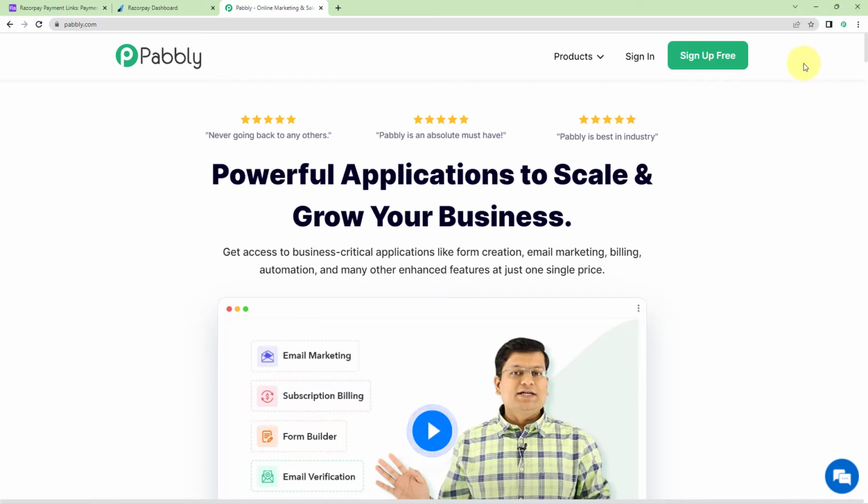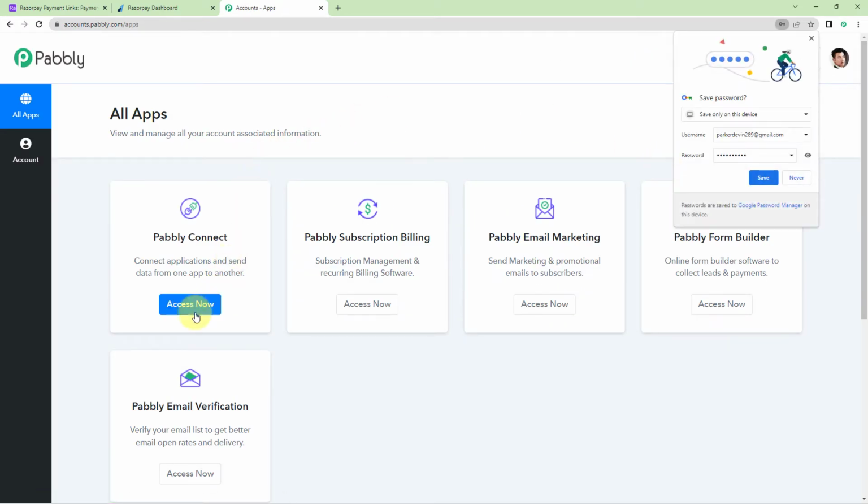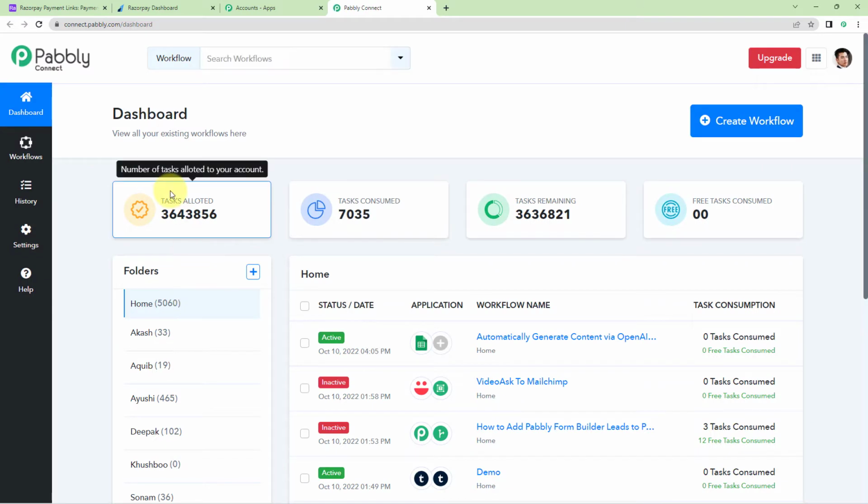Now here on the right hand side you can see two options, sign in and sign up for free. If you already have an account with us, simply sign in, and if you are a new user, then you will have to first click on this tab sign up, and then also at the time of account creation you will get 100 free tasks. Now since I already am a user here, simply going to sign in. Here we have reached the all applications page. We are going to click on access now for Pabbly Connect, and here we have reached the dashboard of this